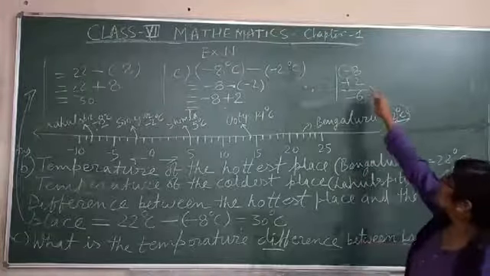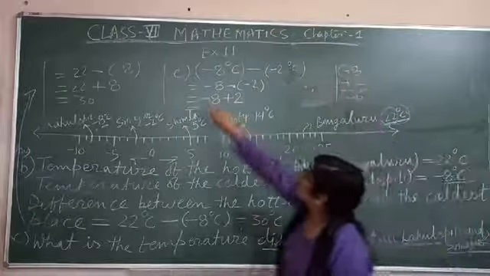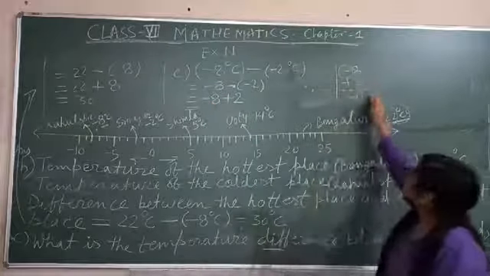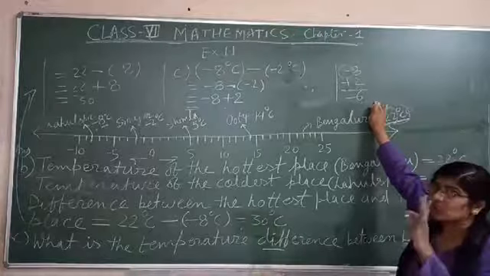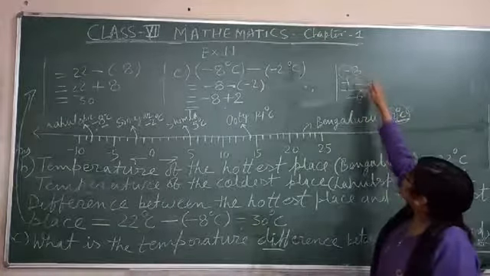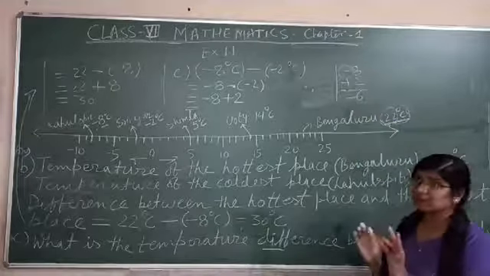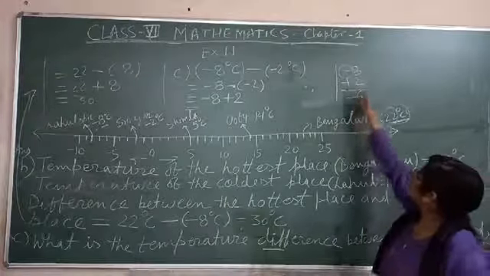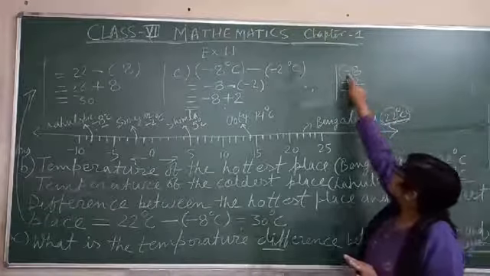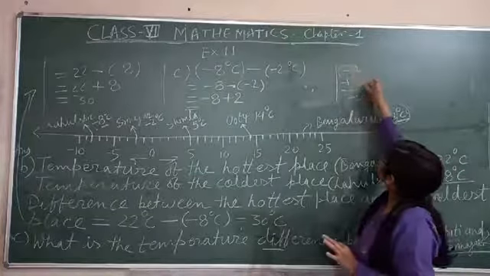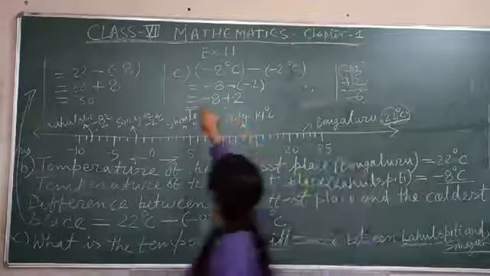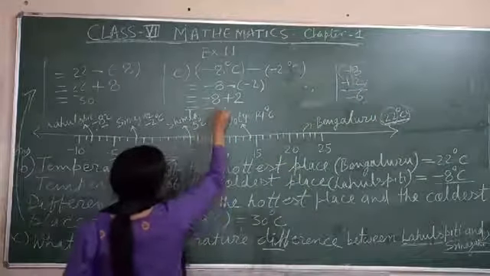Okay. When you have two different signs, one positive and the other negative, we will do subtraction. जब दो अलग-अलग साइन होंगे तो उनको सब्ट्रैक्ट किया जाएगा. And greater minus smaller, जैसा आप नॉर्मल सब्ट्रैक्शन करते हैं, same way you have to do. 8 में से 2 माइनस किया, then you get 6. And the sign of the greater number, नंबर देखें तो 8 is greater than 2. So the sign of 8 is minus. So this one becomes -6.